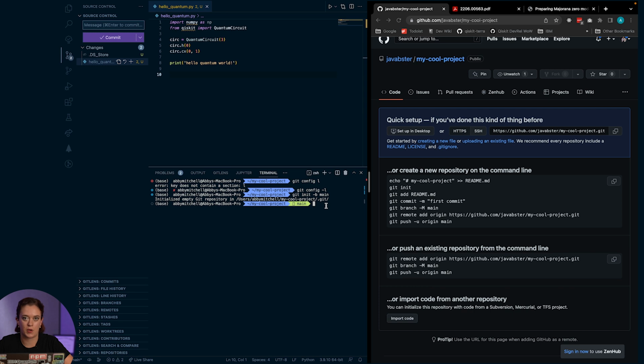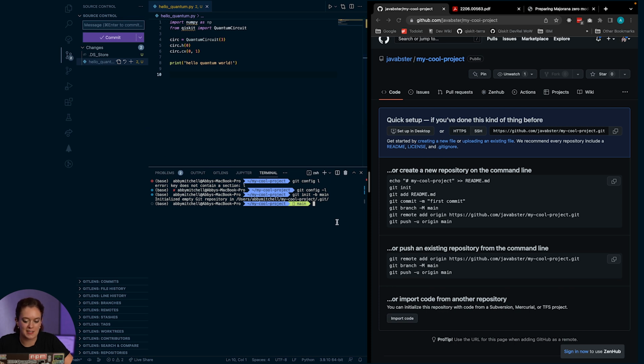So next, now that we've initialized our project as a Git project, we basically have this empty Git project, and we need to add the files that are in this folder to it. And once we've added them, we can then commit them. And once we've committed them, we can then push them up to the GitHub platform. So let's break down each of those steps a bit more.